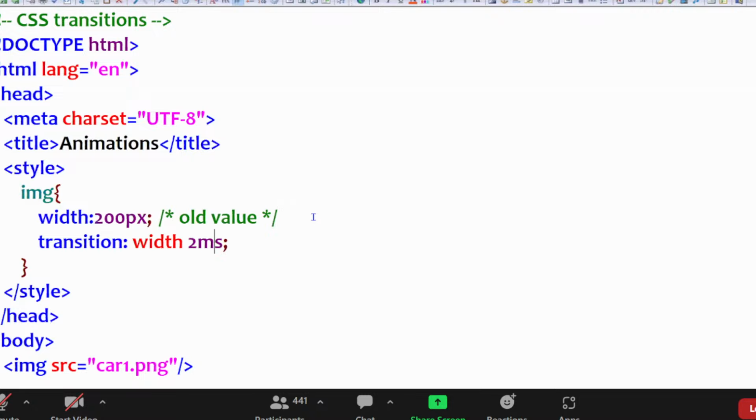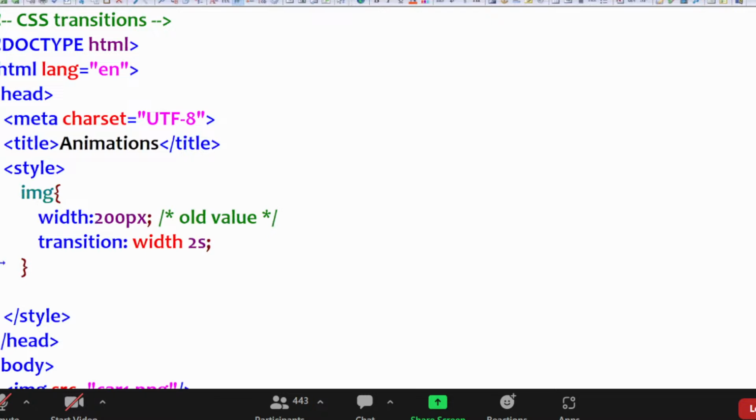With milliseconds, the animation plays very fast, sir. With seconds, it plays slowly and we are able to watch it. This is the old status, sir. Now, when you want to play this width animation, sir,